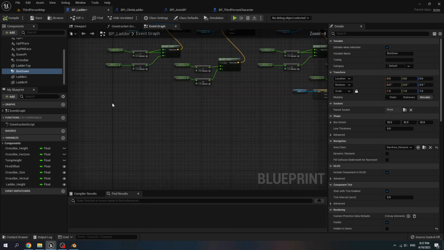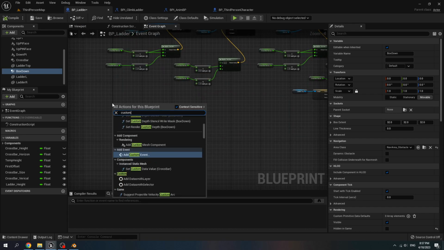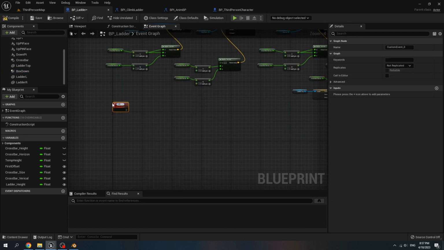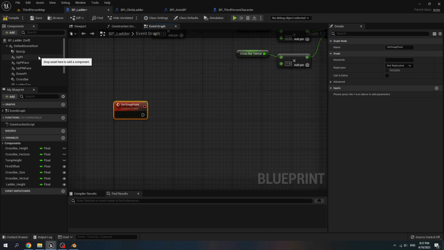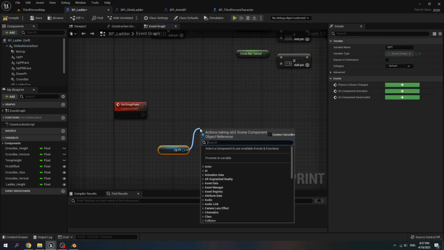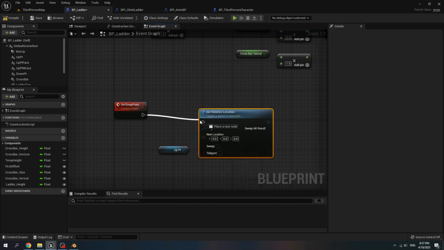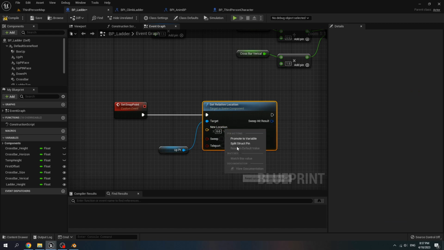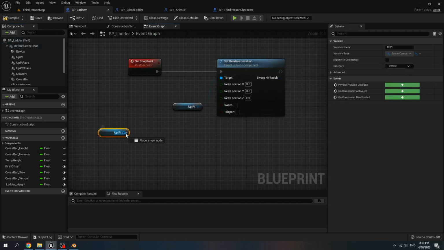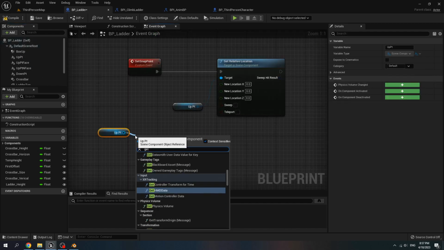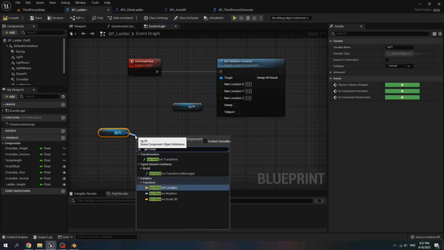Now create a new custom event. Name it set snap point. Get apt. Set relative location. Split the new location. Get apt. Get relative location.